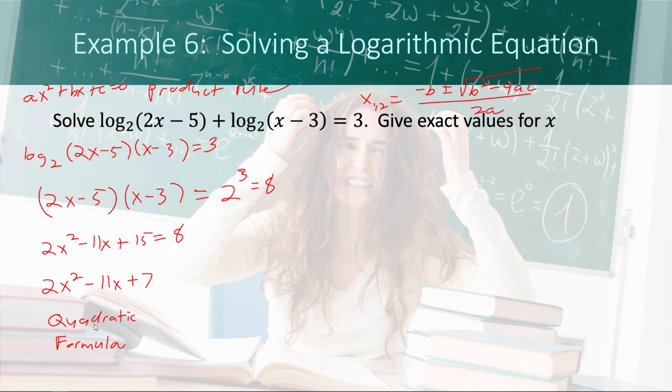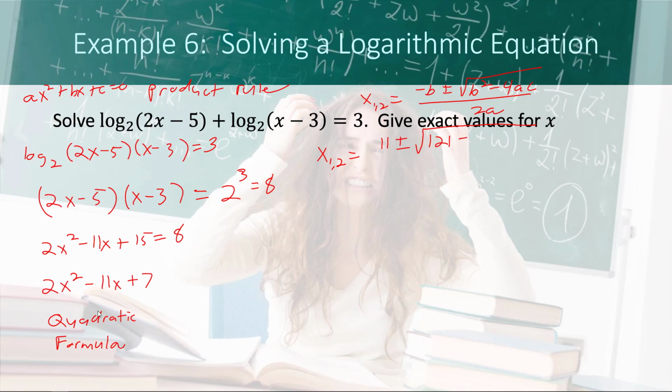So a is equal to 2, b is equal to negative 11, and c is equal to 7. So this means that our two solutions for x will be negative b, which is positive 11, plus or minus the square root of b squared. B squared is 11 squared, or 121,